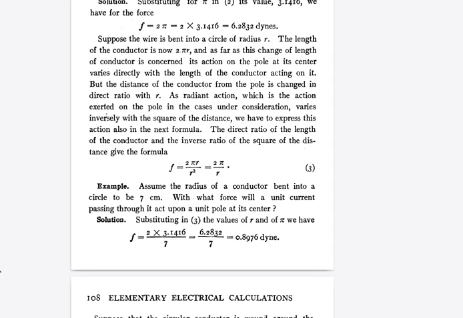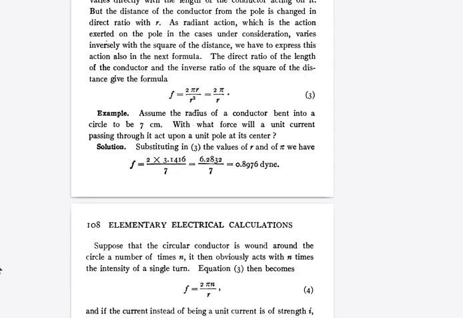This is equation 3. Example. Assume the radius of a conductor bent into a circle to be 7 centimeters. With what force will a unit current passing through it act upon a unit pole at its center? Solution: substituting the values into equation 3, F equals 2 times 3.1416, which is 6.2832, divided by 7, equals 0.8976